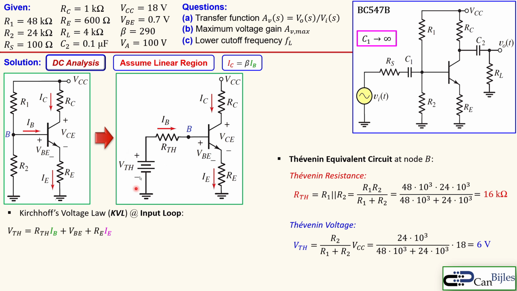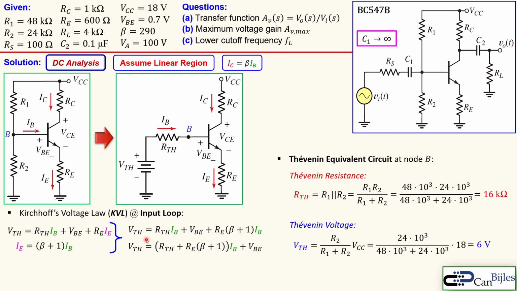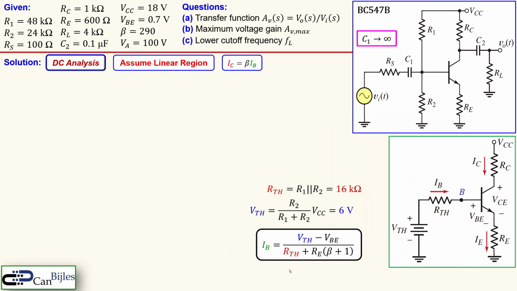Okay, now again the Kirchhoff's voltage law for this part, and that will then result here. So VTH, that is actually our Thevenin voltage, is equal to the voltage across this Thevenin resistor plus the VBE plus the voltage across the RE. And we know that IE is beta plus 1 times the IB, and then taking this together, you have this expression where you now have the IBs together, and then you can express the base current in terms of the other parameters here. All right, so we can now calculate the base current because we know the Thevenin voltage, we know the other parameters, so we can just substitute that here, and you get here 27.81 microamps,